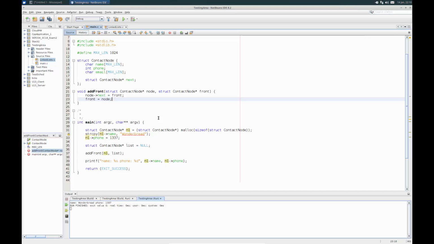Now, we're not quite done yet though. For this bit of code here, we still have a little bit of a potential issue. And actually I can maybe show you a little bit. So I have this here, which is to add to the front of a list. And I can actually do the following.